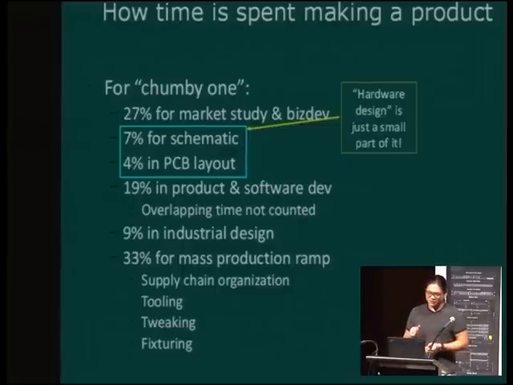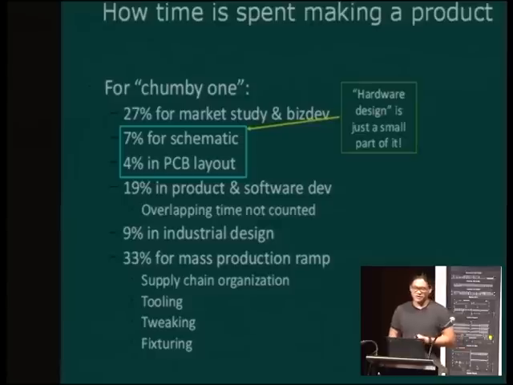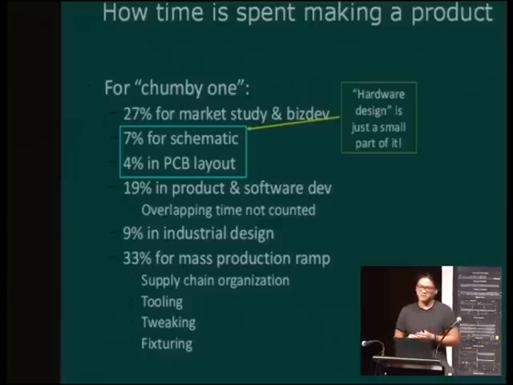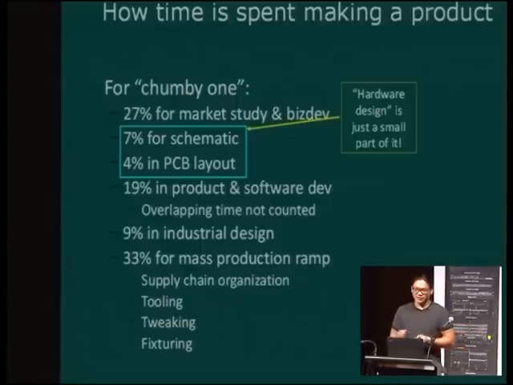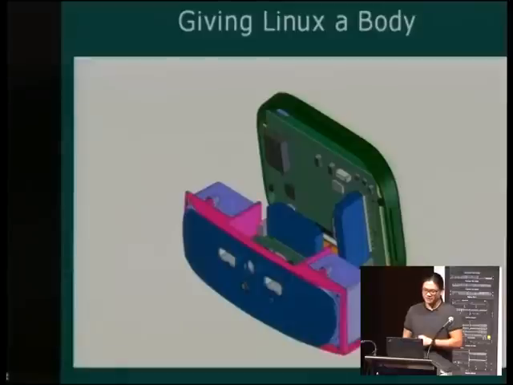About 10% was industrial design, and then about 33%, the majority of the time, is spent in mass production ramp, which is things like organizing the supply chain, talking to factories, doing tooling, tweaking, fixturing, all that sort of stuff, which is sort of my latest obsession: trying to enable more people to be able to do that kind of thing. So I'll talk a little bit about the process of actually giving Linux a body, an actual shell,